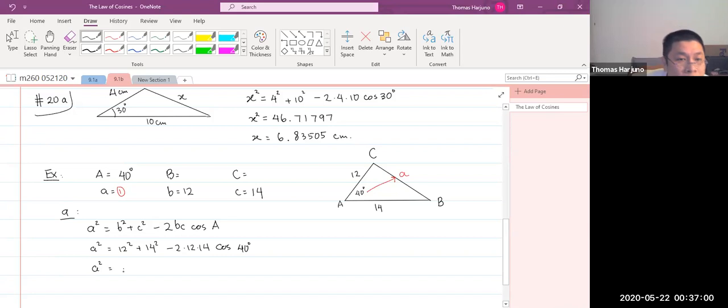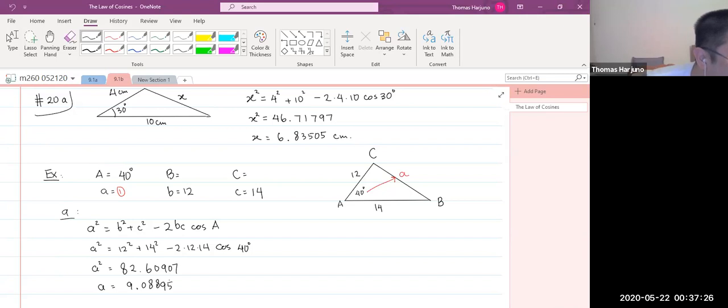Okay, this is 82.60907. So my A will be the square root of that. I get 9.08895. Is it okay so far? Yes. Okay, good. Now the second step is using that A, we will be able to find B